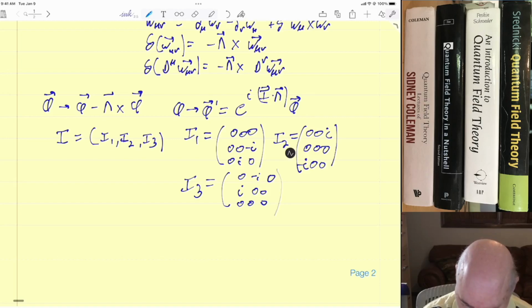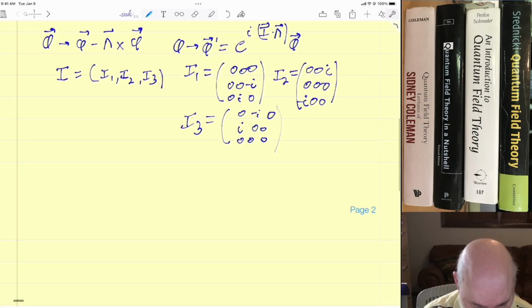So these are what are known as the generators of the group. And the general formula for at least this SO3 group